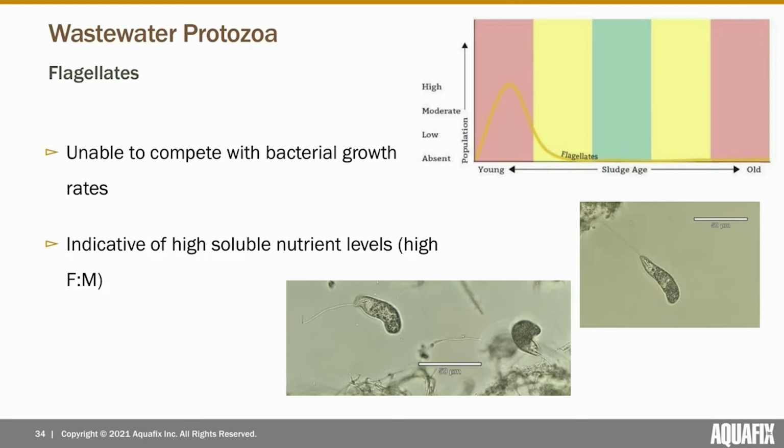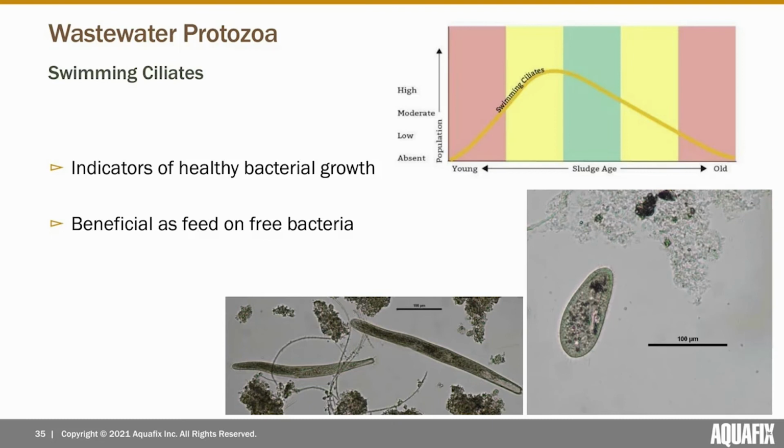Flagellates can also be abundant in systems that recently experienced a toxic upset. This is because toxic upsets are usually followed by the rapid growth of free bacteria, meaning an abundance of food for the flagellates. Next, we have swimming ciliates. Swimming ciliates tend to be found within a young to moderate sludge age when free bacteria levels are decreasing. Swimming ciliates are beneficial to a wastewater system as they feed on free bacteria,